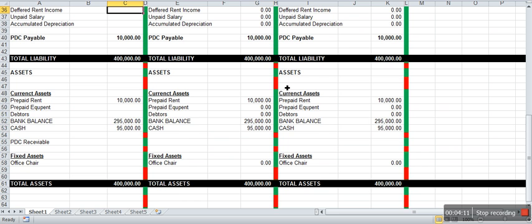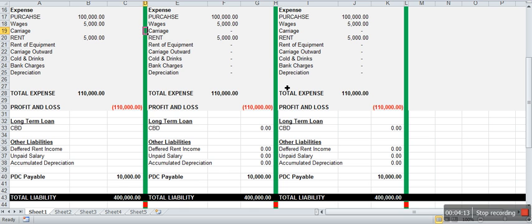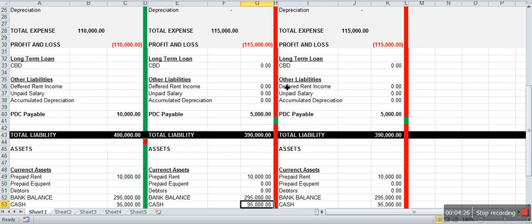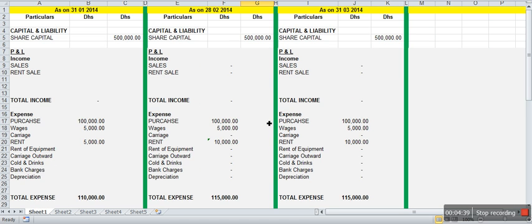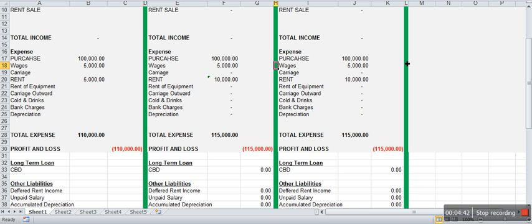from my cash. Now here, the same thing, I will put 5,000 as addition in the rent. I will reduce my prepaid rent by 5,000, and my bank balance by 5,000. Again, it is getting green. Our balance is tallied. My 5,000 still remains in the form of rent. So again, I am going to reduce 5,000